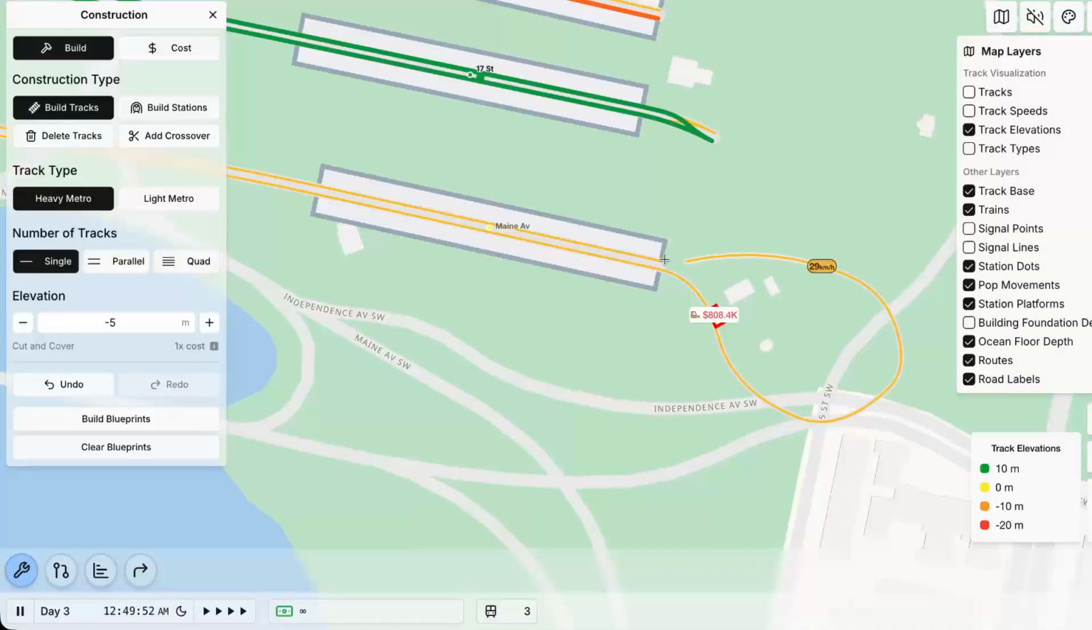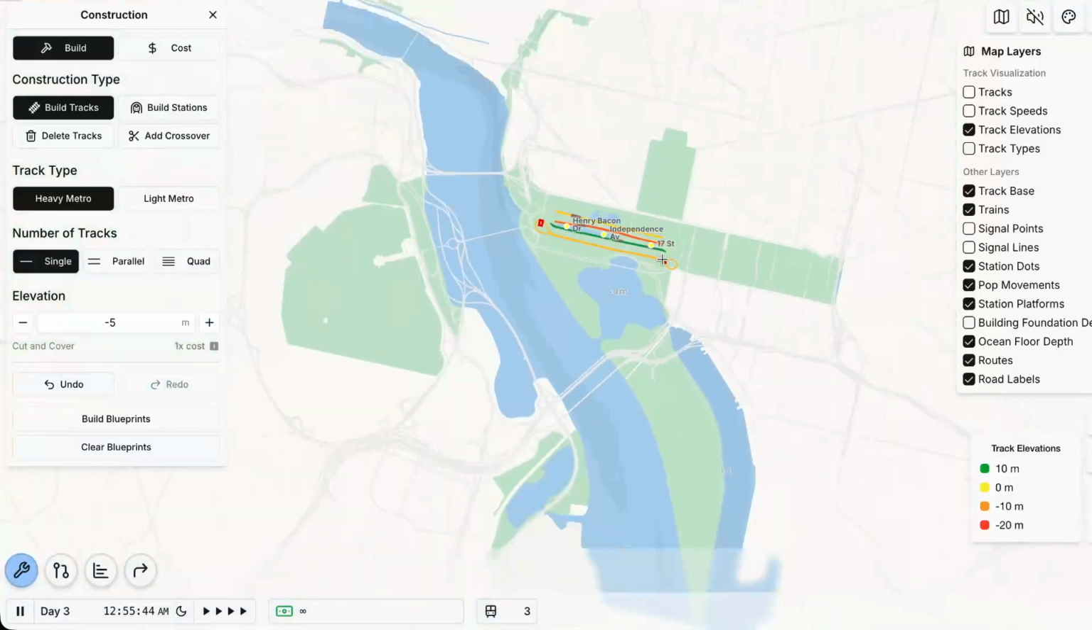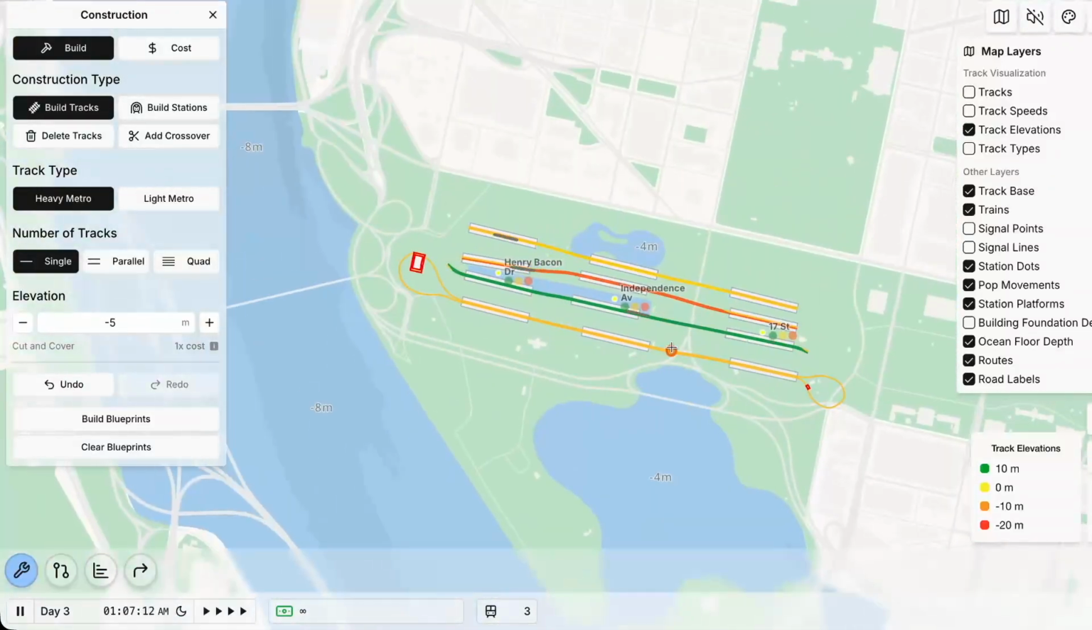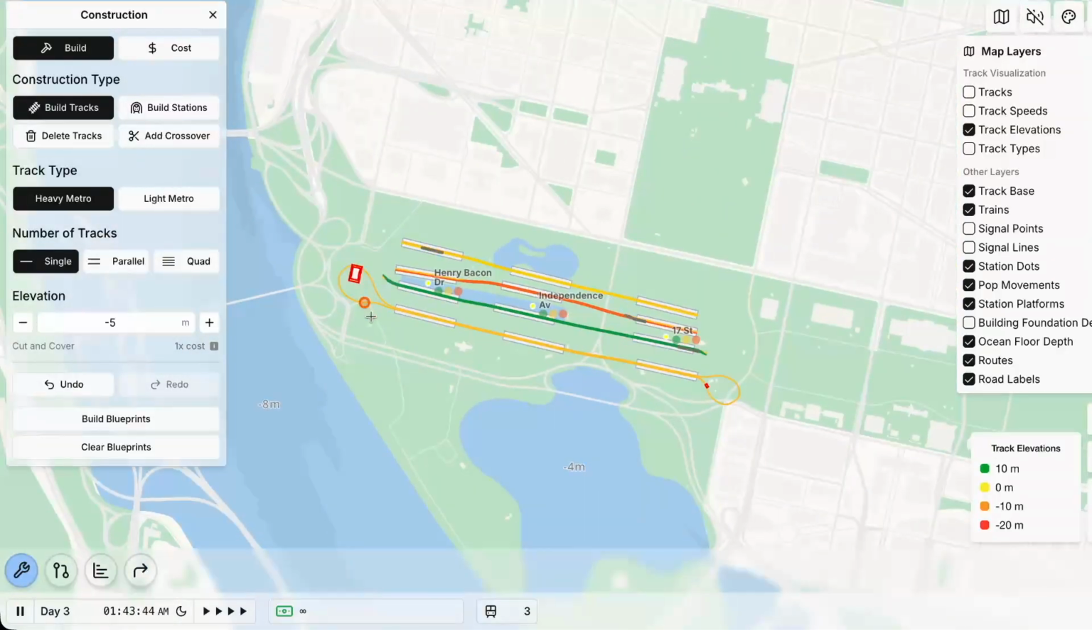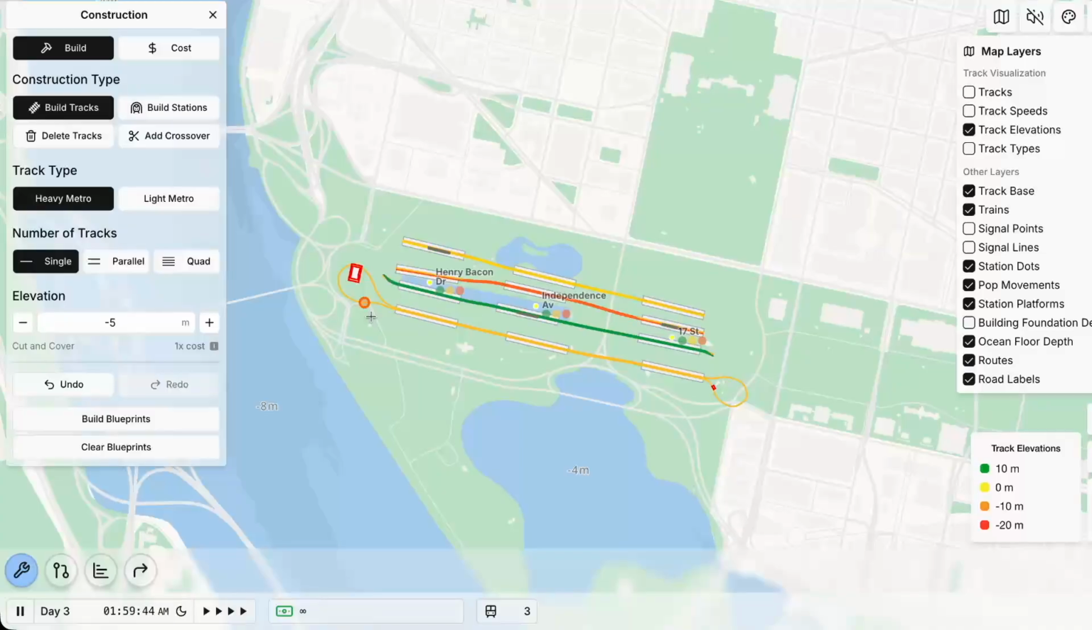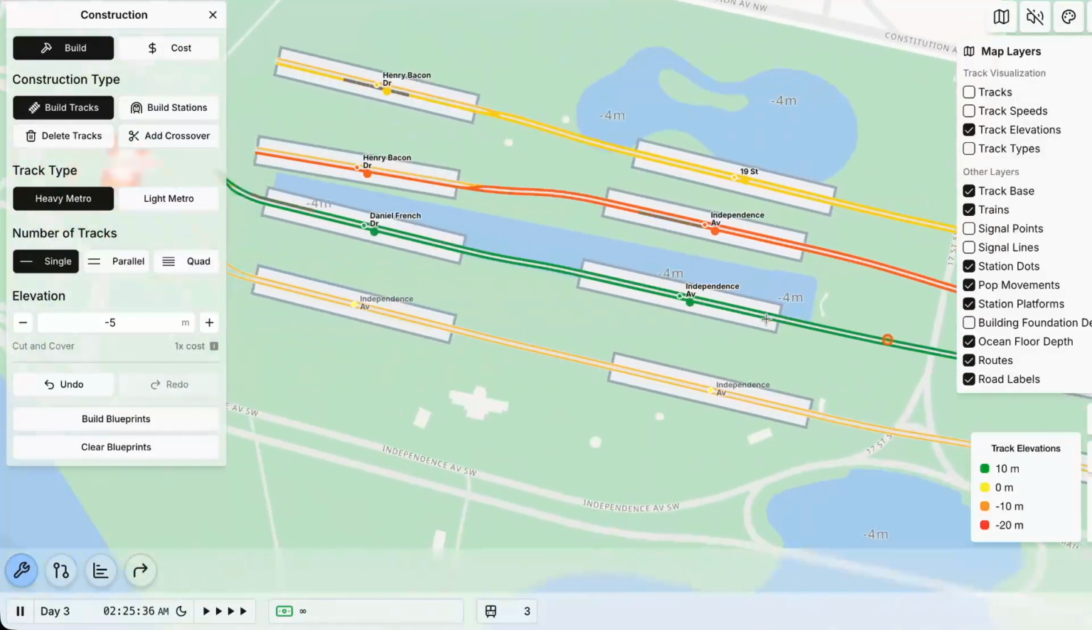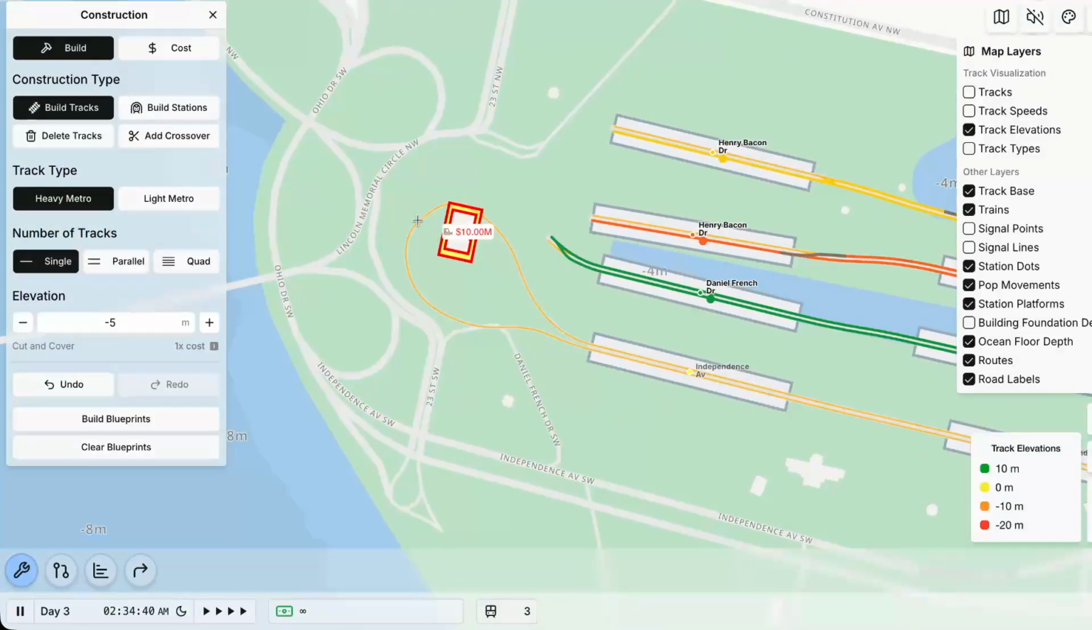I don't recommend this if you're going to potentially extend your line in the future, because you would have to either demolish the entire loop or make severe modifications to it. Like for example, if you want to extend your line, you could just